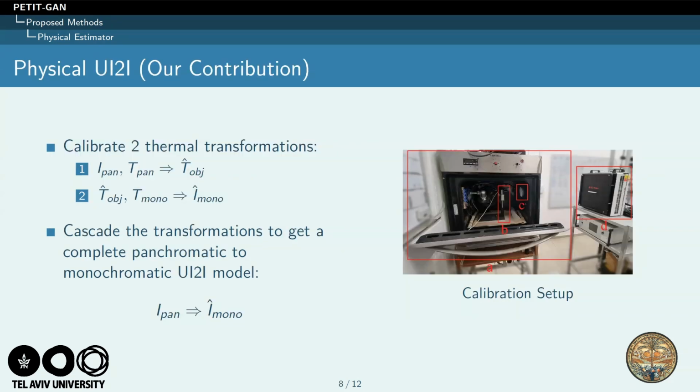Based on Nugent's theorem, we calibrated two thermal transformations. The first one takes in intensities of a panchromatic image and the intrinsic temperature of the camera during acquisition, and outputs the estimated temperature of the object that's being captured. The second one takes in a temperature of an object and an intrinsic temperature of the camera and should output the estimated intensity as if that object was captured using a monochromatic camera or a simple thermal camera